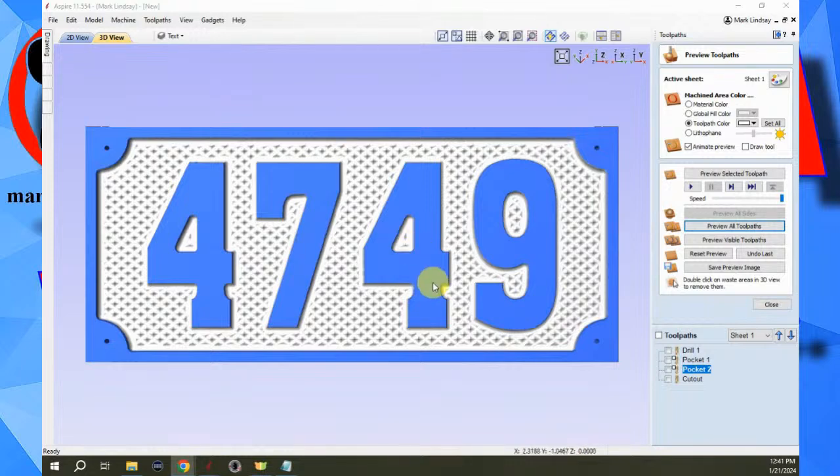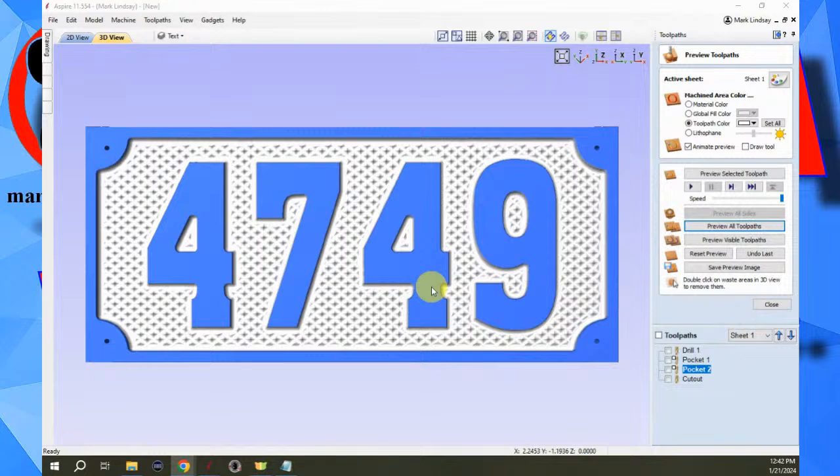This is especially great if you do the stacked text signs. A lot of people do wedding signs where they'll have the couple's first names on the top layer, then their last name on the bottom layer, and then down below that they V-carve in the date of the marriage. If you keep that top text on one layer, the bottom text on another layer, and the V-carving on another layer, and save that as a template, the next time you need to cut one of those, you can go right back, open that template, change the names, change the dates, recalculate the toolpath,